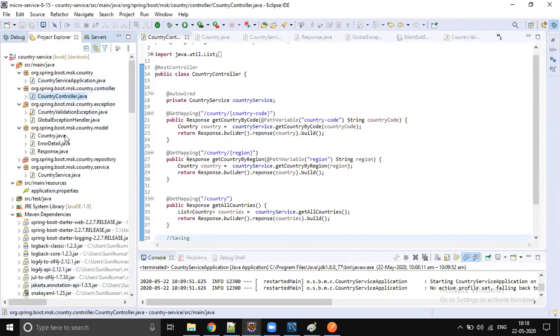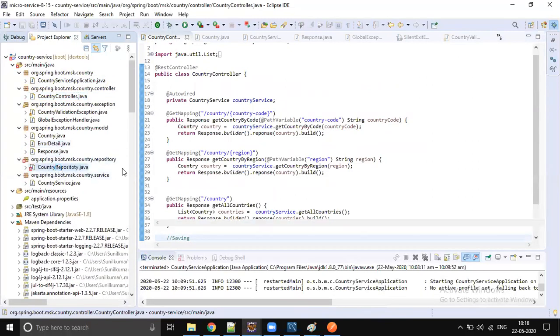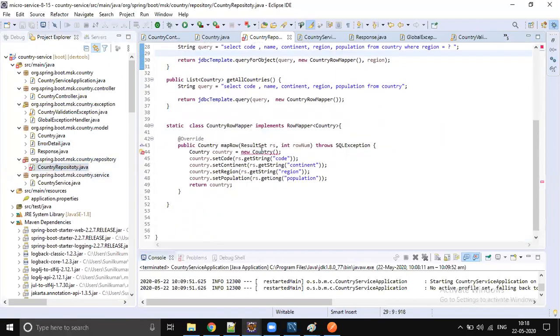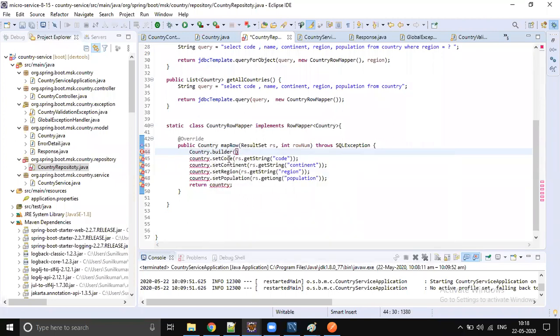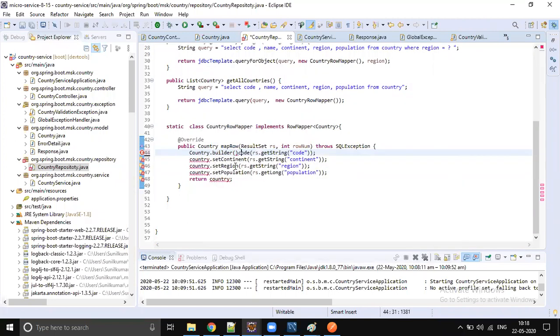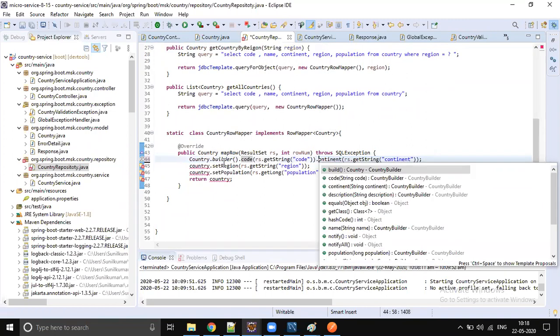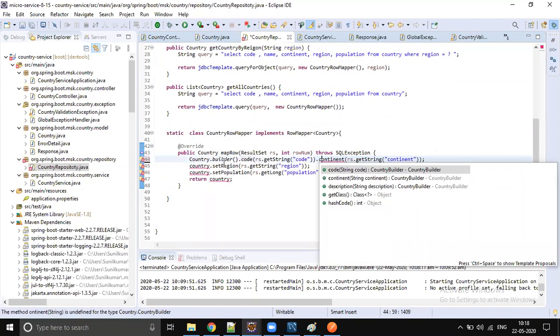No, Sunil. There is some error came in the country repository. We are creating the country, right? This has to be changed to builder. So it's going to be country dot builder and no more setter getter. It's simple code dot code.